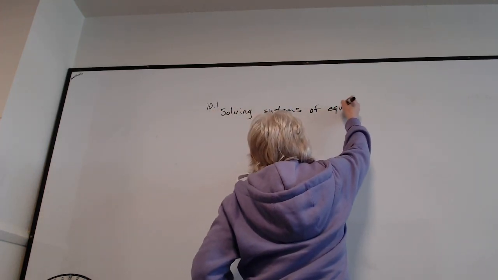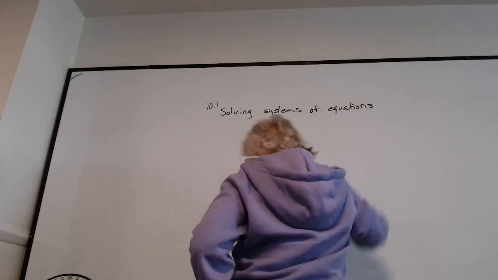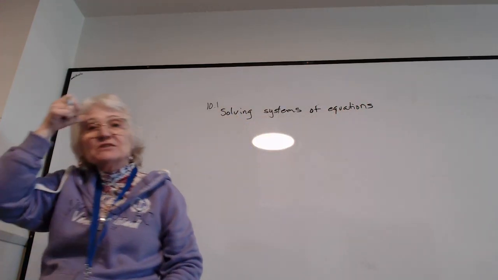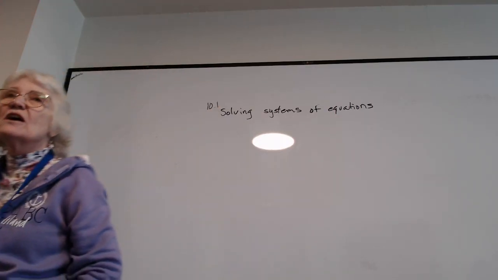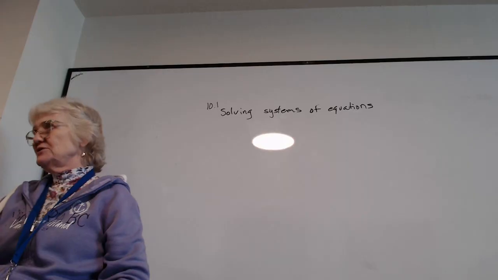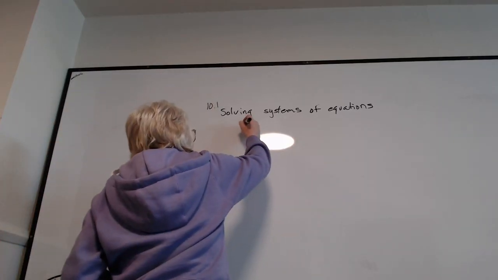Okay, so first thing we need to know is what a system of equations is. A system of equations is basically when you have more than one equation. We are talking about linear equations right now. So basically what we've talked about before,